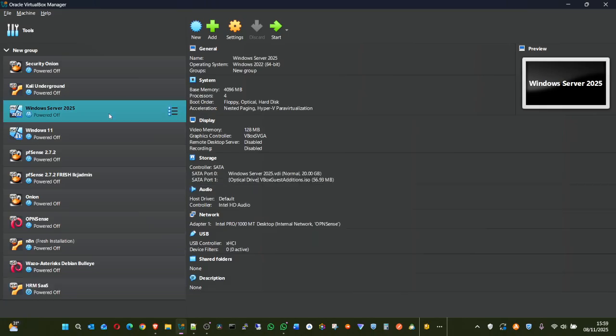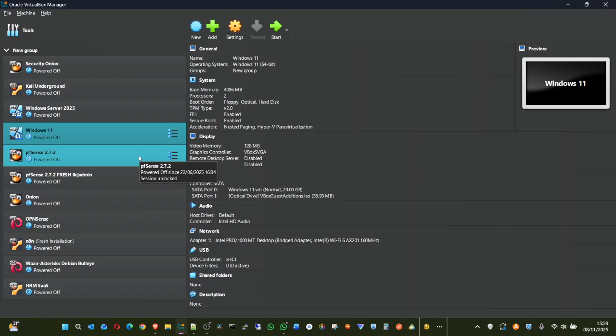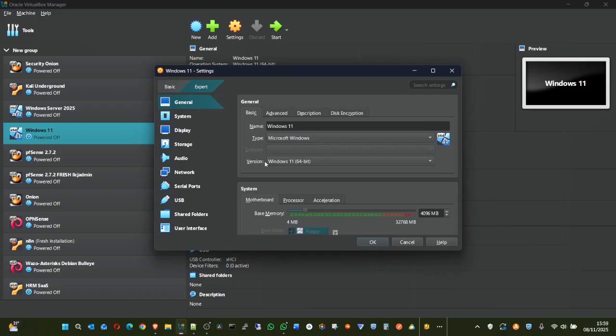This is Windows Server 2020. This is Windows 11 or Windows Server. Let's say you've created a profile. If you created the profile, make sure it is not running, because you cannot change the spark plug of the engine of a vehicle that is in motion. You are running 70 miles per hour on the high speed; you cannot change the spark plug. You need that engine to stop, open the bonnet, which is the open settings, and you begin to change whatever thing you want to change.